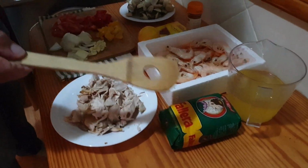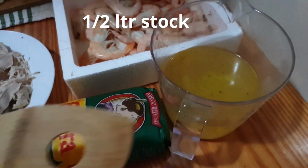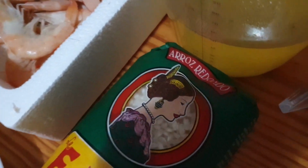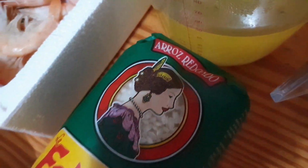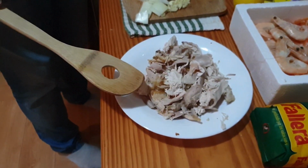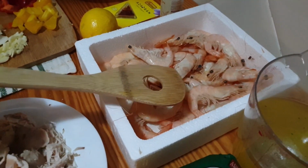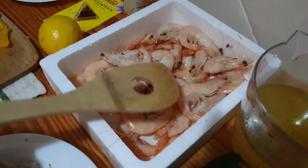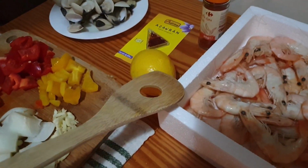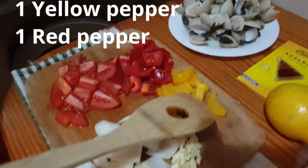So for this recipe we're going to need about half a litre of stock that we've got here. This is chicken stock, and we're going to need the appropriate rice. Well, this is a rice for paella, but you can use any rice of your choice really. Over here we have some pre-cooked chicken, and we need some prawns. Here they are. Now we're going to need some paprika, a lemon, some clams, some peppers that have been cut